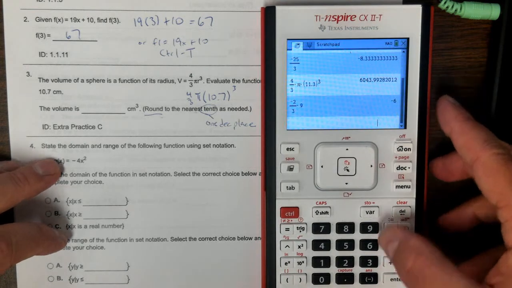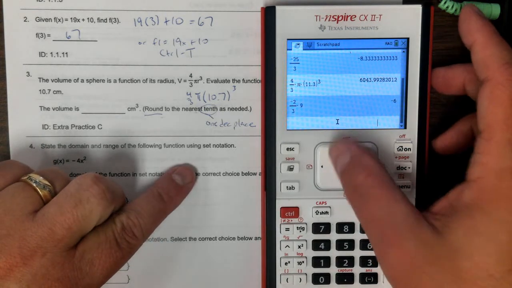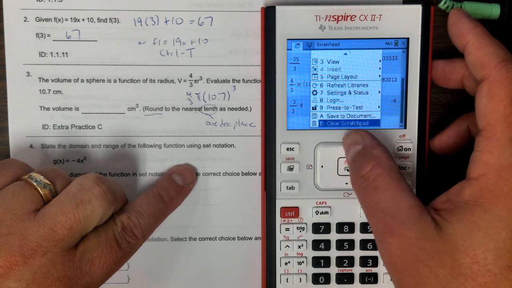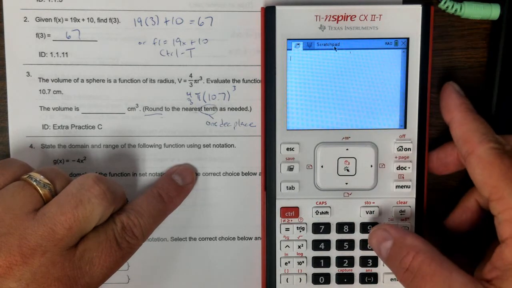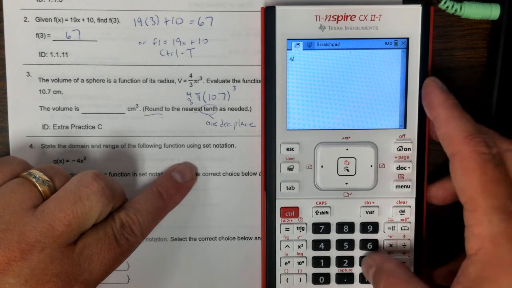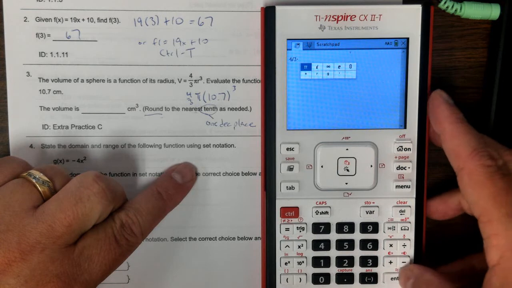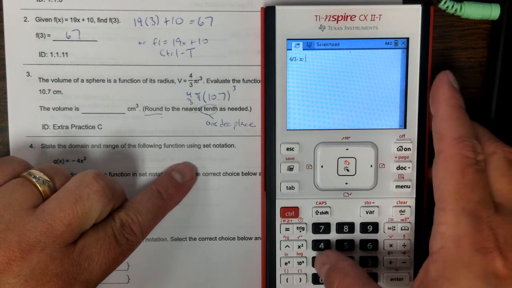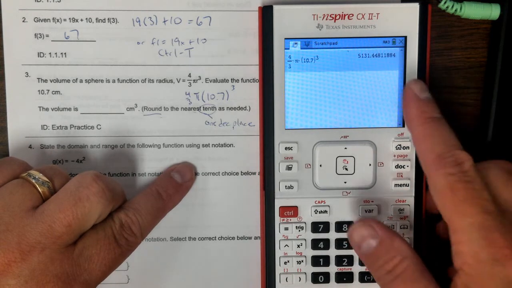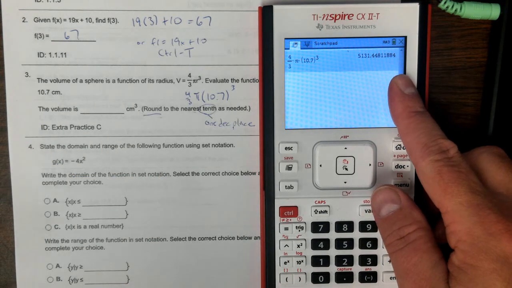So what I'm going to do first is I'm going to clear my scratch pad. You can click in here and then go to clear scratch pad. Then we go 4/3 times pi times 10.7 up arrow 3. And so you get